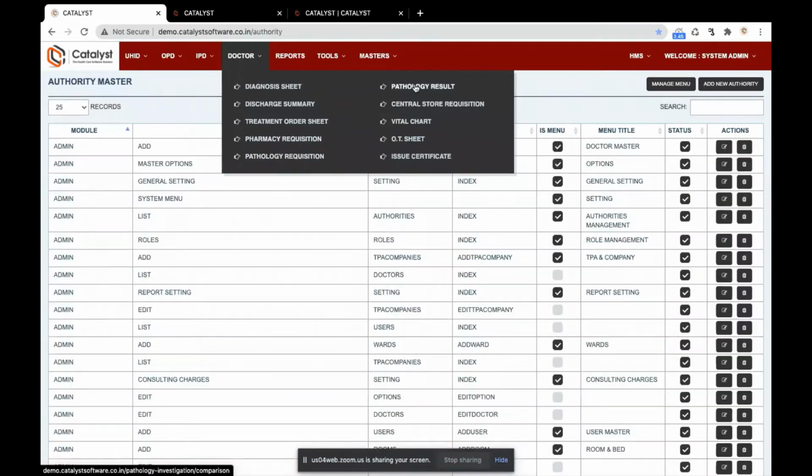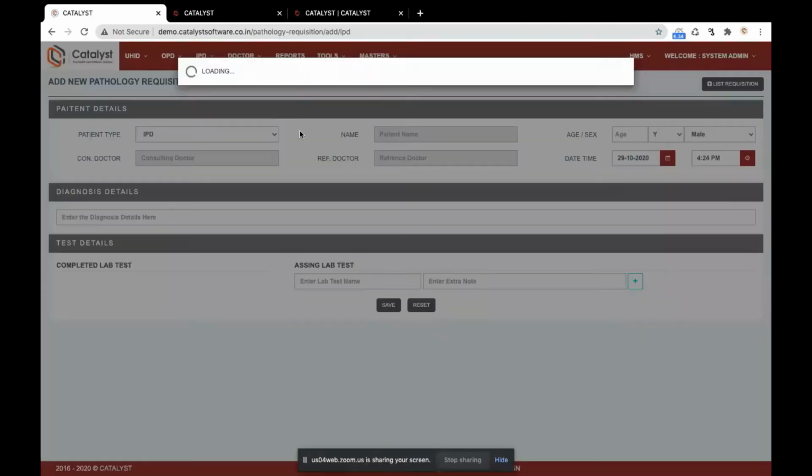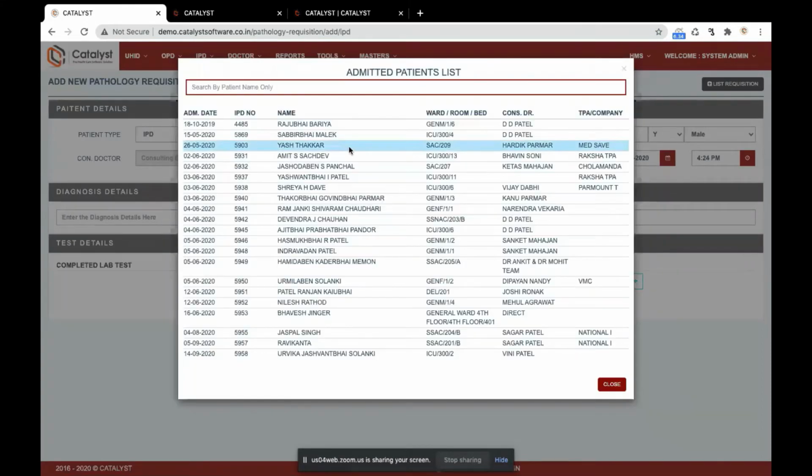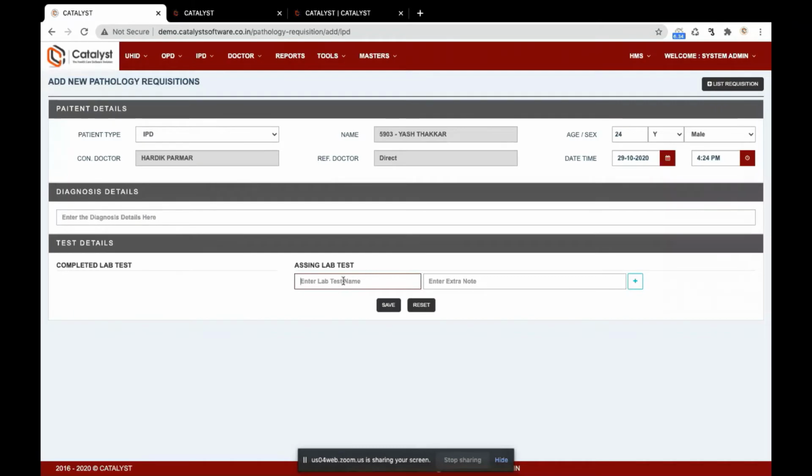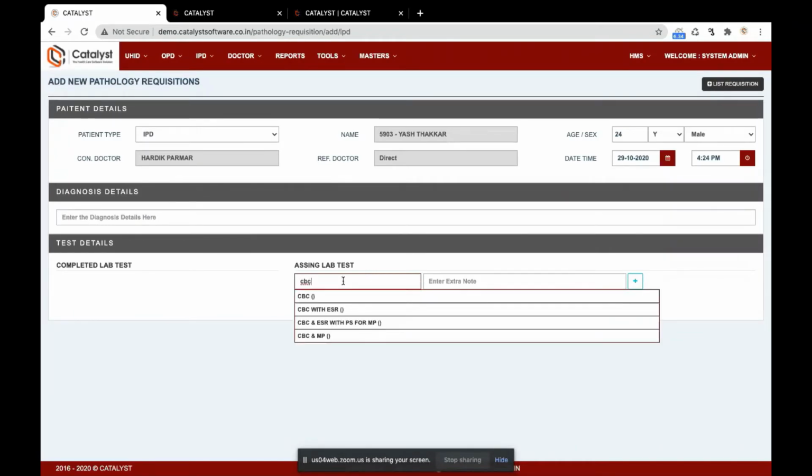See here, sir, this is the pathology request. This is the link that you can give to your clients; we will arrange that for you. Here they simply select the patient and request the tests they want for this patient, like CBC and lipid profile.